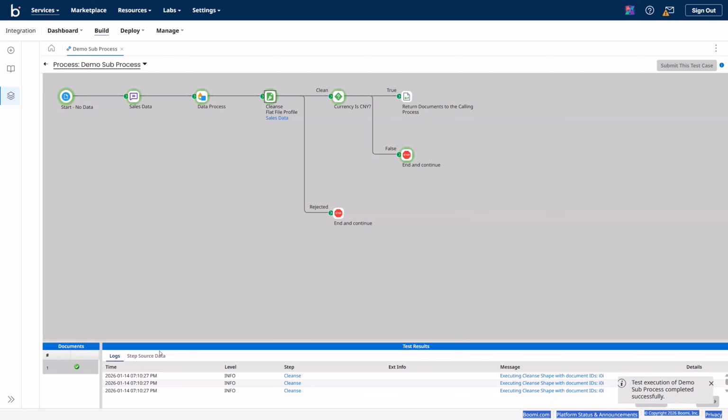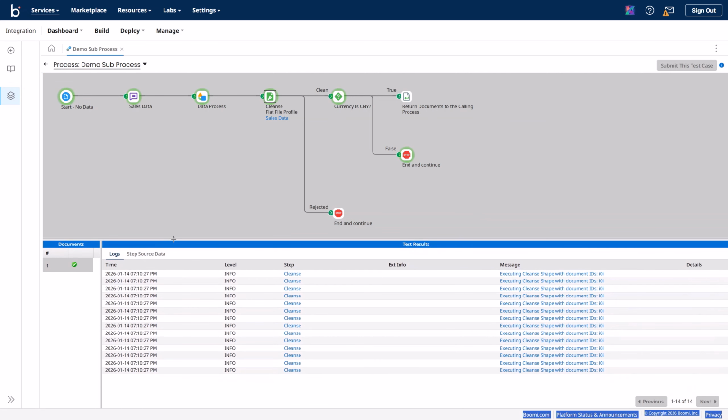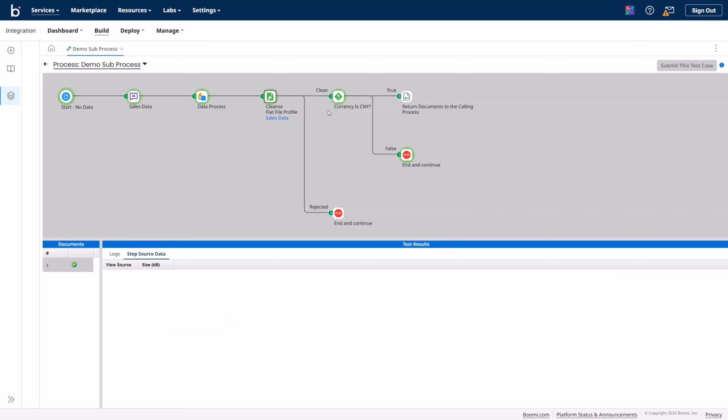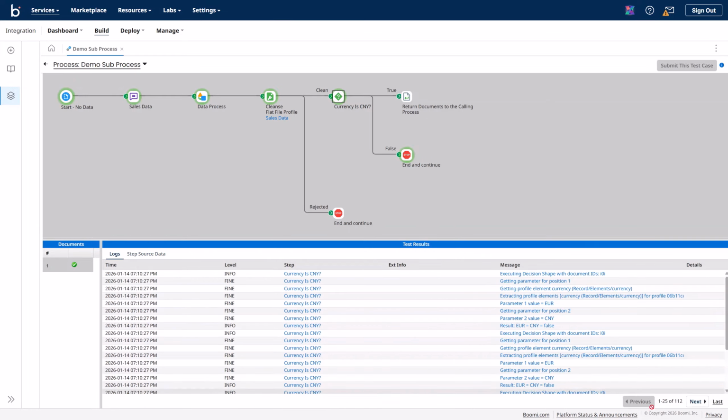So let's quickly check here. There are 14 files that are processed, and they all